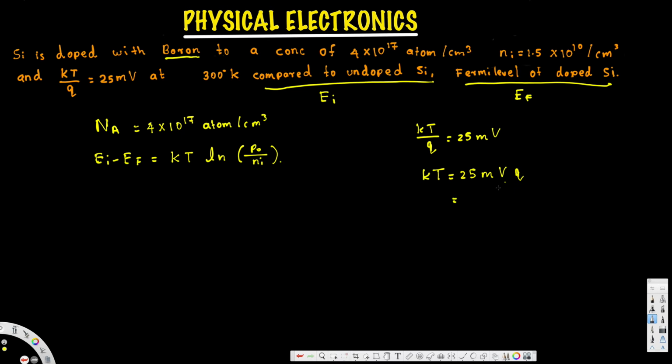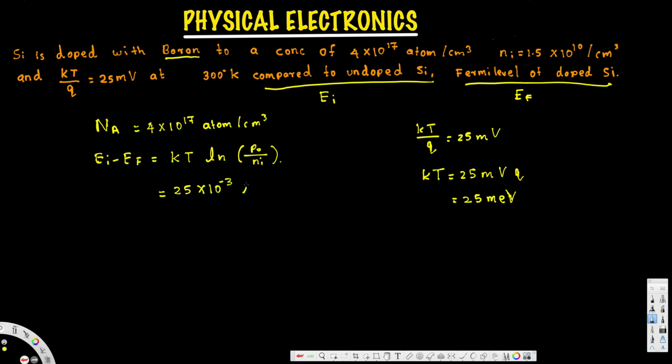So instead of q we can write e, so millielectron volts, because we are going to express our final energy answer in electron volts, so it's better to keep it as electron volts, okay? So instead of q I plugged in e. Now here we know the kT value already, 25. Instead of milli I put 10 to the power minus 3,